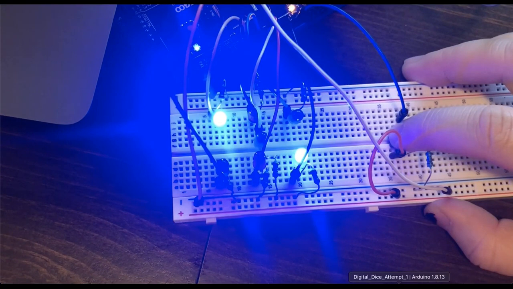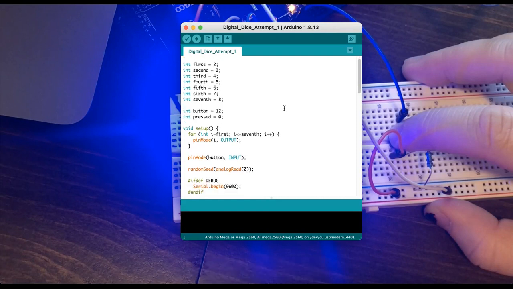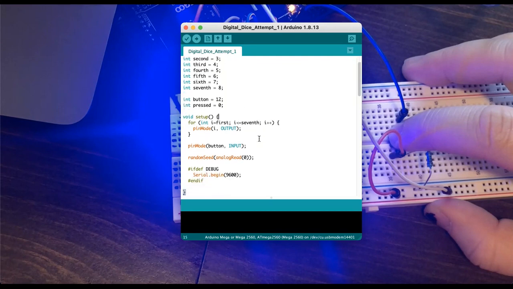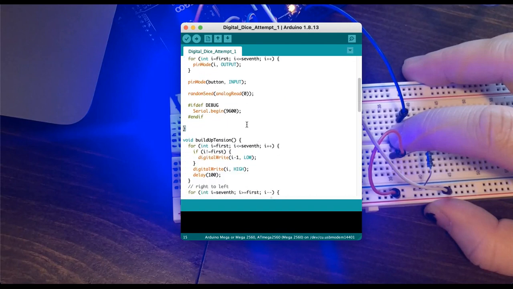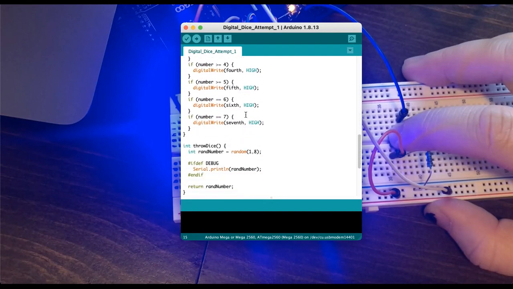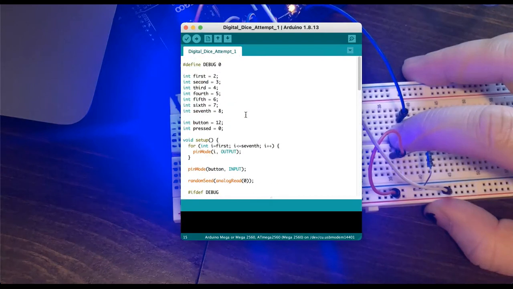So the code that I used first looks like this. This is a code that I found on a website. I tweaked it to match my setup, but it had a lot of things that we hadn't discussed yet or I hadn't seen, such as this debug code and then the serial begin and things like that. So I tried this one and I couldn't quite get it to work like I wanted. So I decided to scratch that code